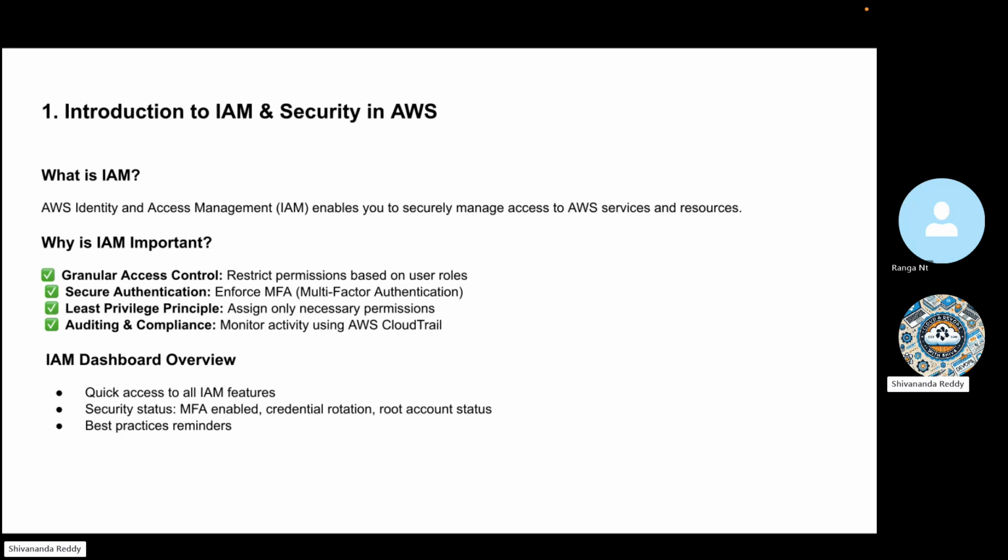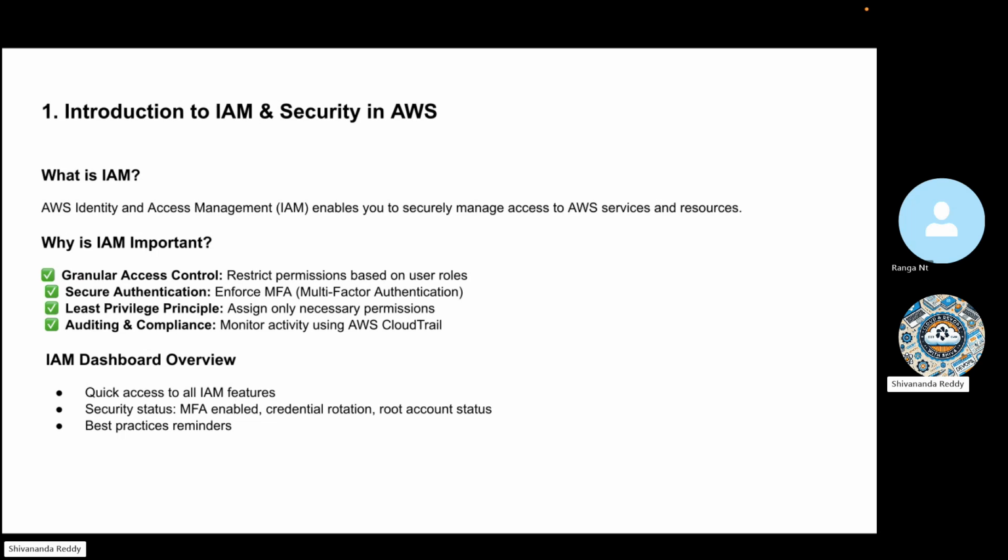For example, you are the director, your colleague is a manager, below that is a team lead, then a developer, another is an admin, another is a sales person. Multiple roles will be there in the organization. Based upon their roles, the permissions will be granted. For example, senior folks have higher access, junior folks have limited access.